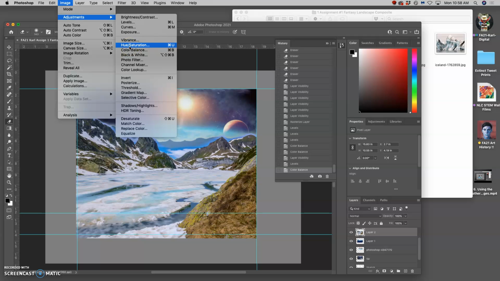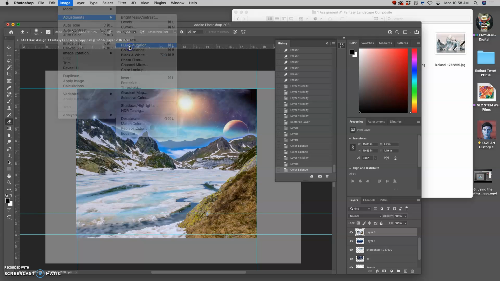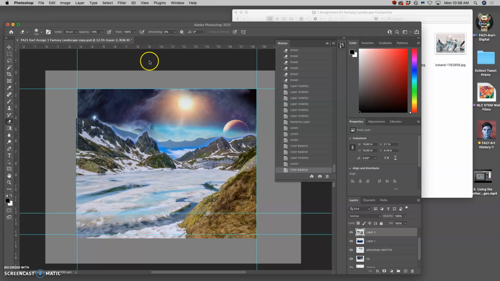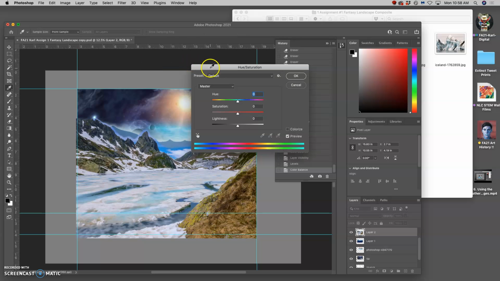If we want to change the intensity of color or the spectrum of the color, we play with hue saturation. So I can make that sky match this using hue saturation. What I do is I just take saturation slider down. And then I can lighten it. And even shift